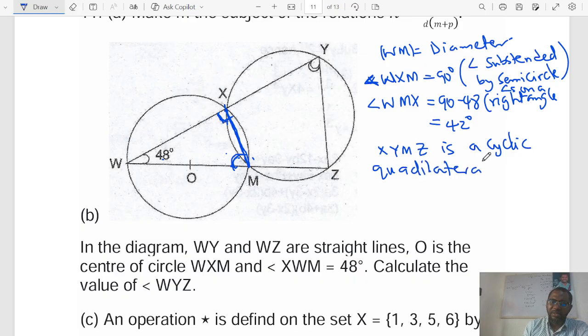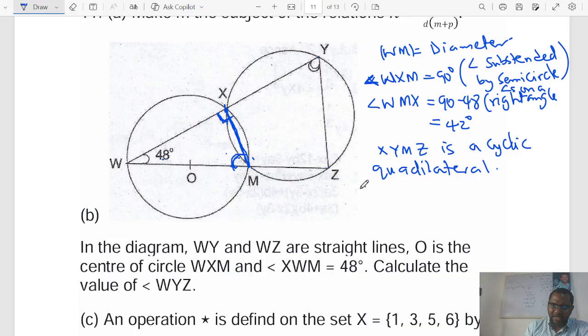They are all points on the circle. But I want you to notice that this is also a quadrilateral. A quadrilateral means any four-sided shape whose vertices touch the circumference of the circle. And there is a rule that